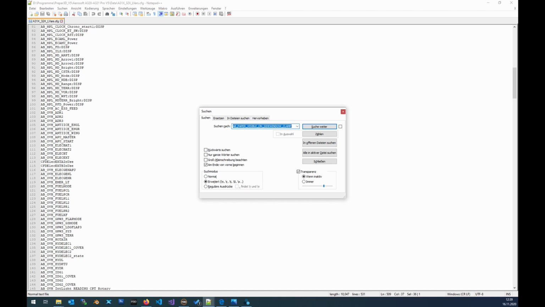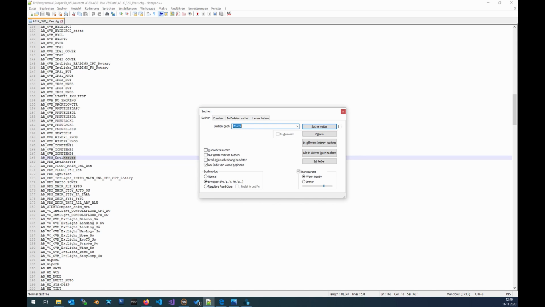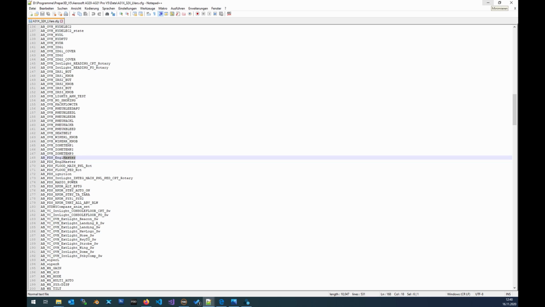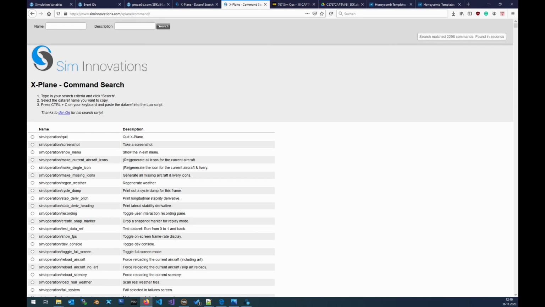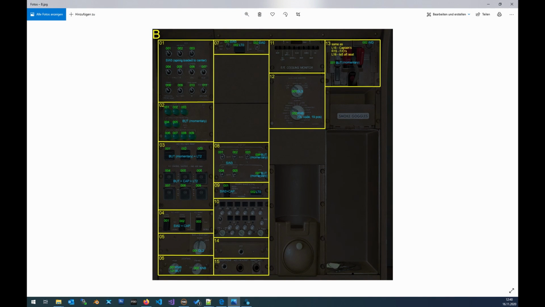So let's say we want to look for master caution. This is the LVAR for the master caution light and for the button inside the Airbus from Aerosoft. So master warning and APU master, something like this. Another good example is the Captain Sim 767. When you go to the sim apps, you will find the SDK. You can click on it and it will download a zip file. And inside the zip file, you will find lots of JPEGs, like this,